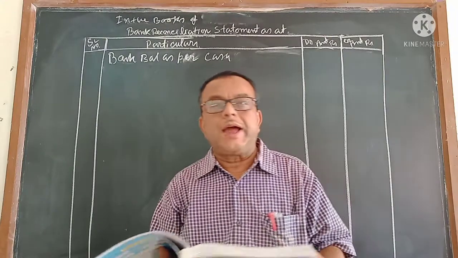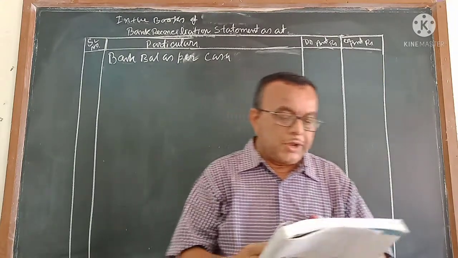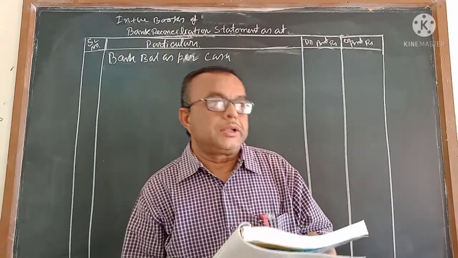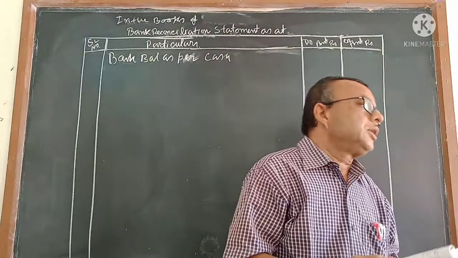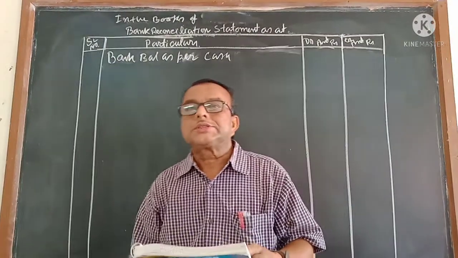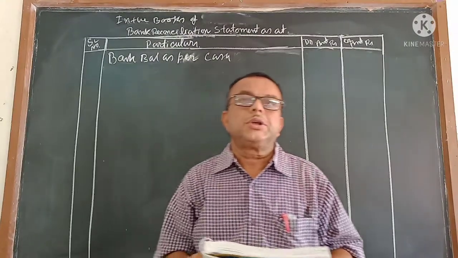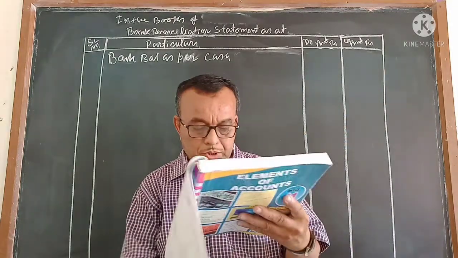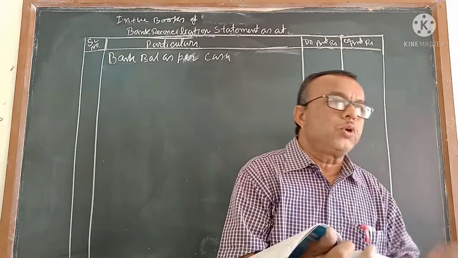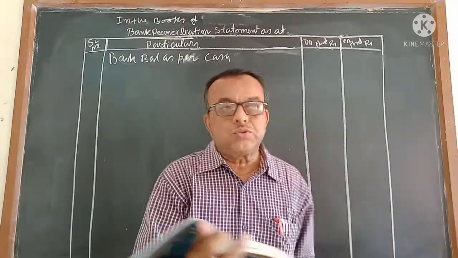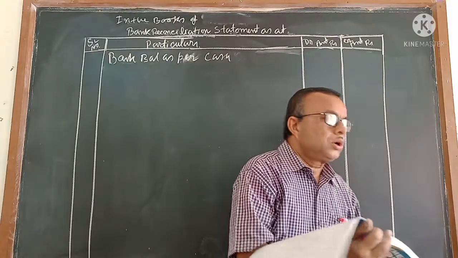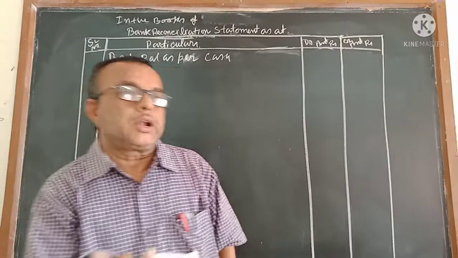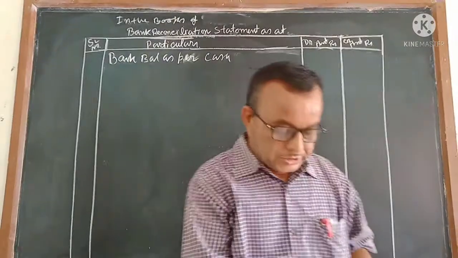Now, apart from that, another type of sum may also come, and you have to understand how we will do the BRS if it is not given in the statement form or sentence form, but if it is given in the book form. Now we may get the BRS in book form, which means the cash book and passbook. Two books will be given, and there it will be shown that some amounts are recorded in one book and not recorded in the other book, or in the reverse case.